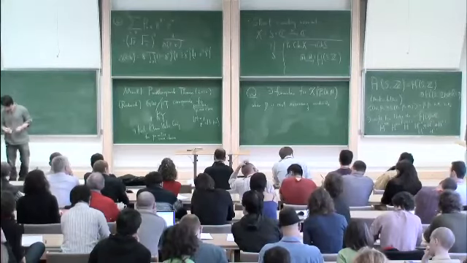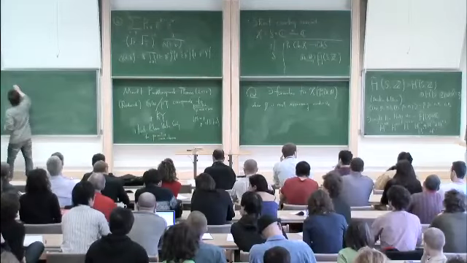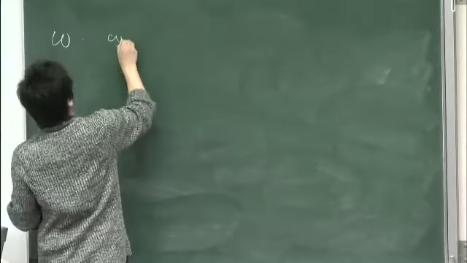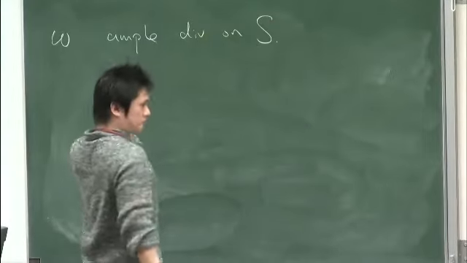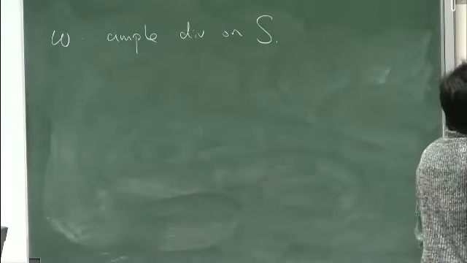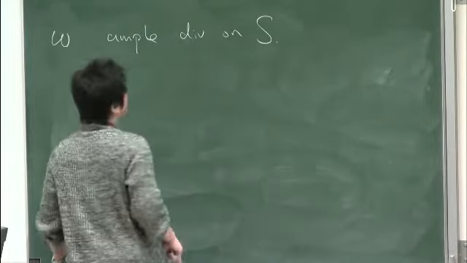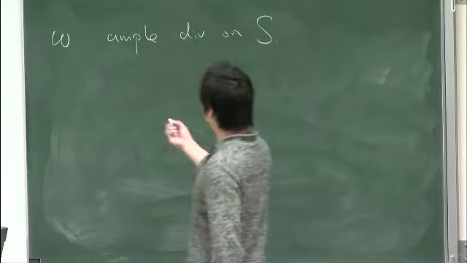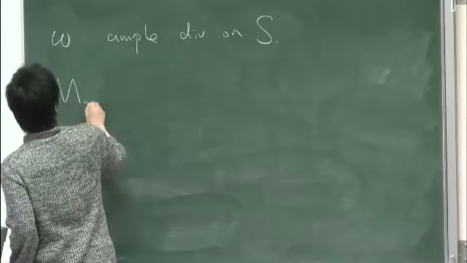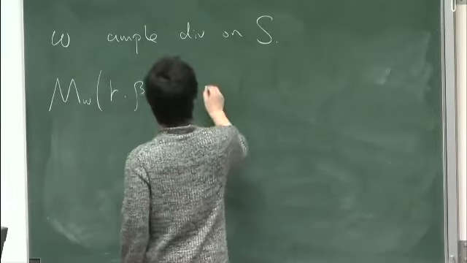Okay, so using this notation, let omega be an ample divisor on S, and if you pull back omega by p, then you can define the notion of omega-semistable sheaves, coherent sheaves on X supported on the fibers of pi. That is, M omega (r, beta, n). So this is by definition the moduli stack